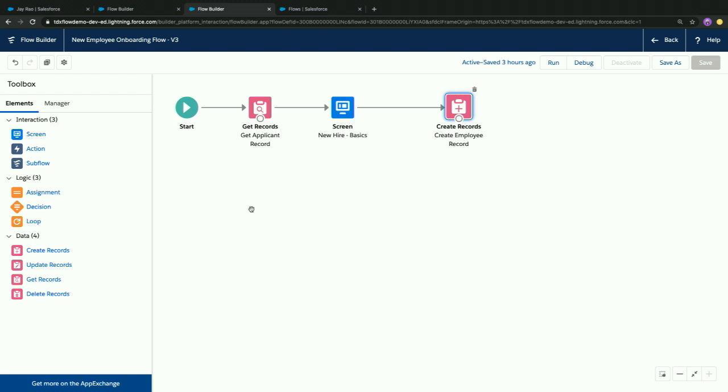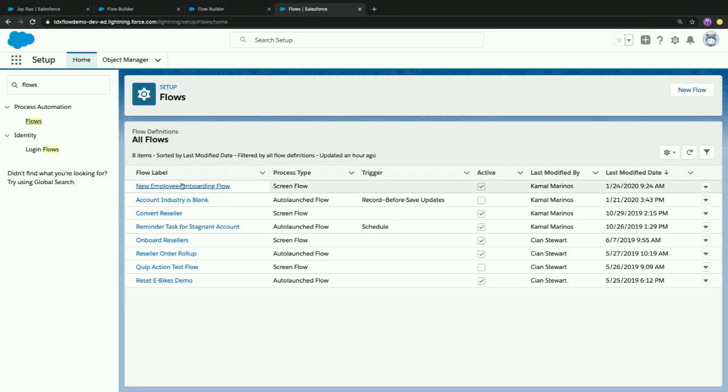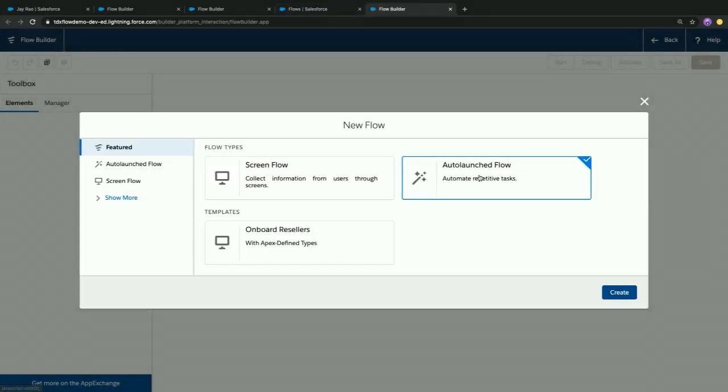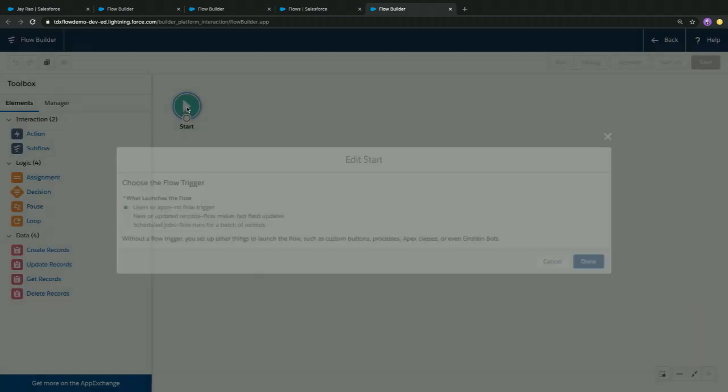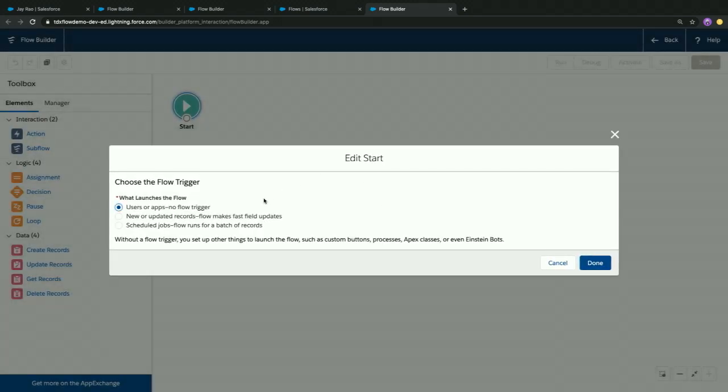Before I go back over and show you how that works, I have one more flow I want to create, and that is the other new feature that I want to talk to you about today, which is the record change triggers. We're going to go ahead and create an auto-launched flow. You might remember in Winter 20, we added the ability to create scheduled flows. Underneath the Start node here, we have the secret menu, which I'm going to make a little bit more visible in another release.